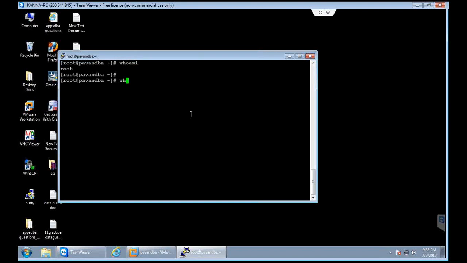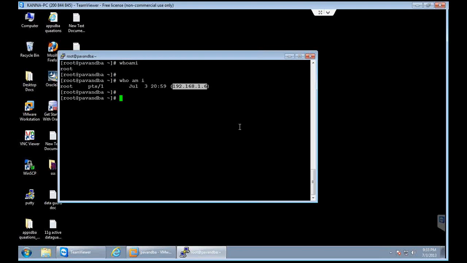The same information you can get with the help of this command also. The above command is without spaces and the below command is with spaces. Then what is the difference? The above command will only give you the name of the user, but the below command will also give you at what time you logged in, and also from which machine you logged in. 192.168.1.6 is the IP address of the machine from where you logged into the server.